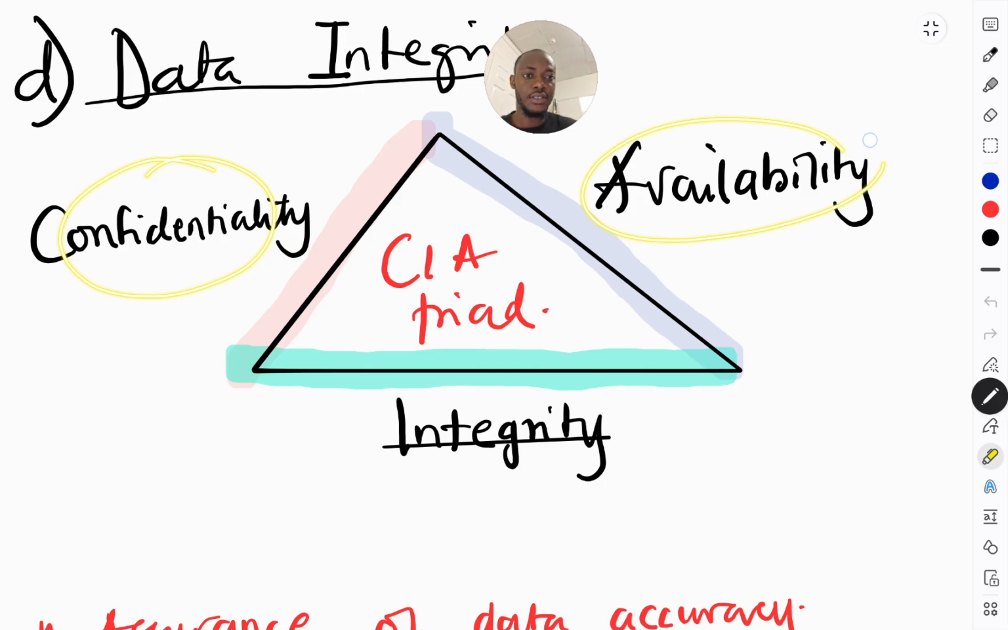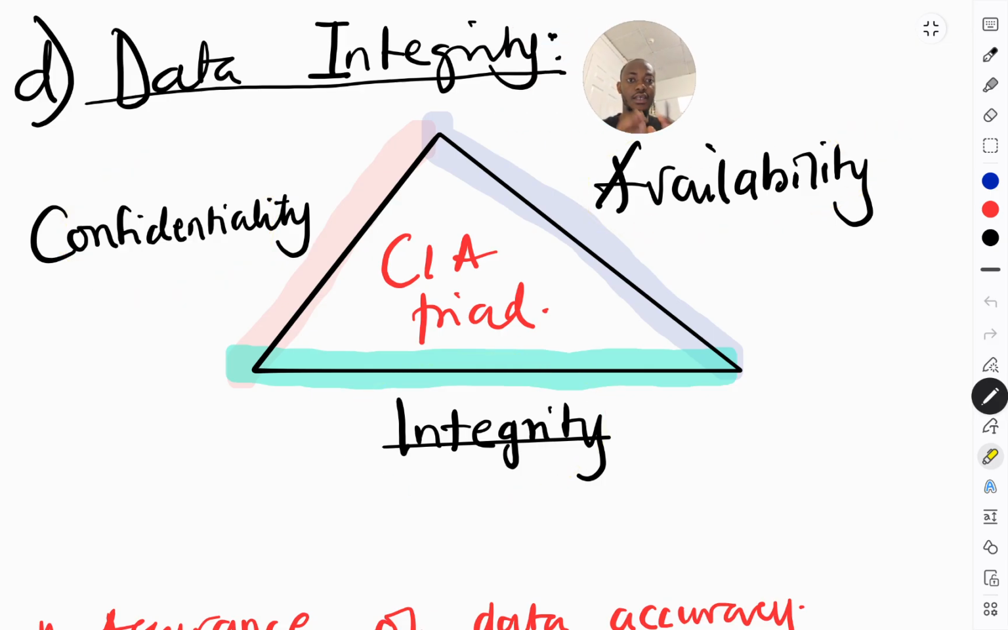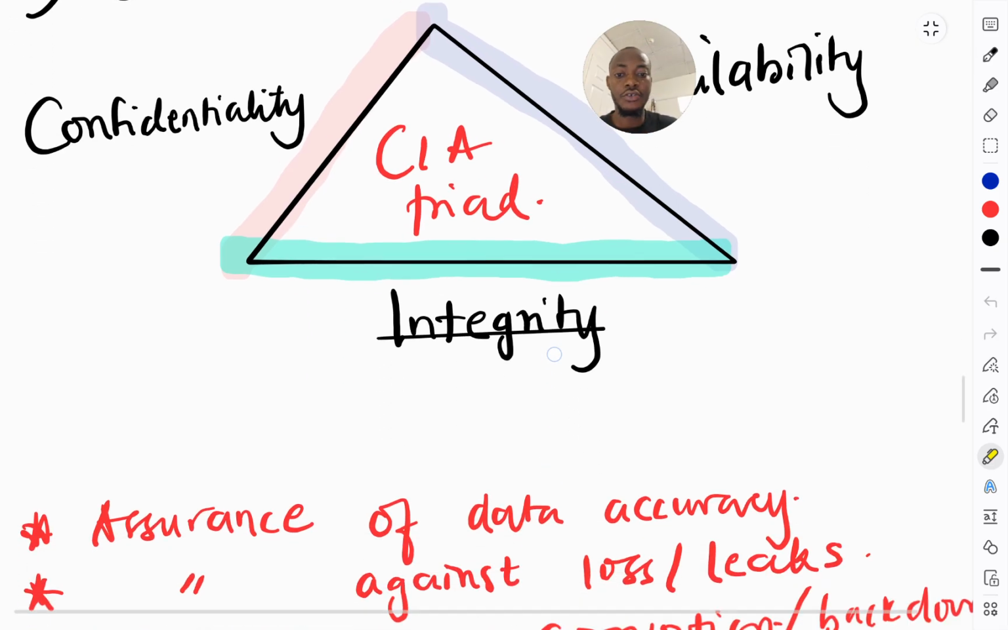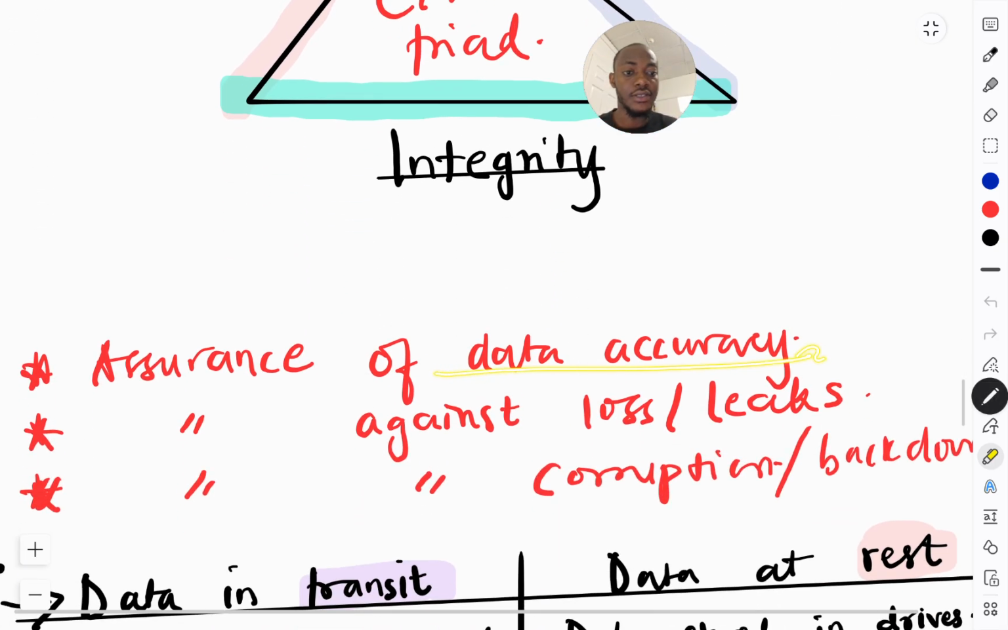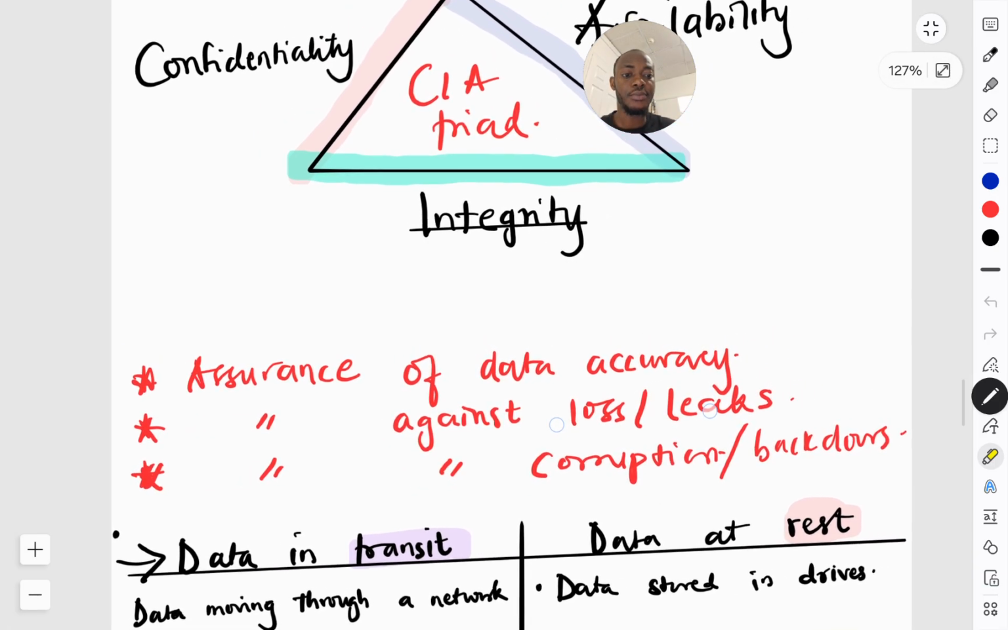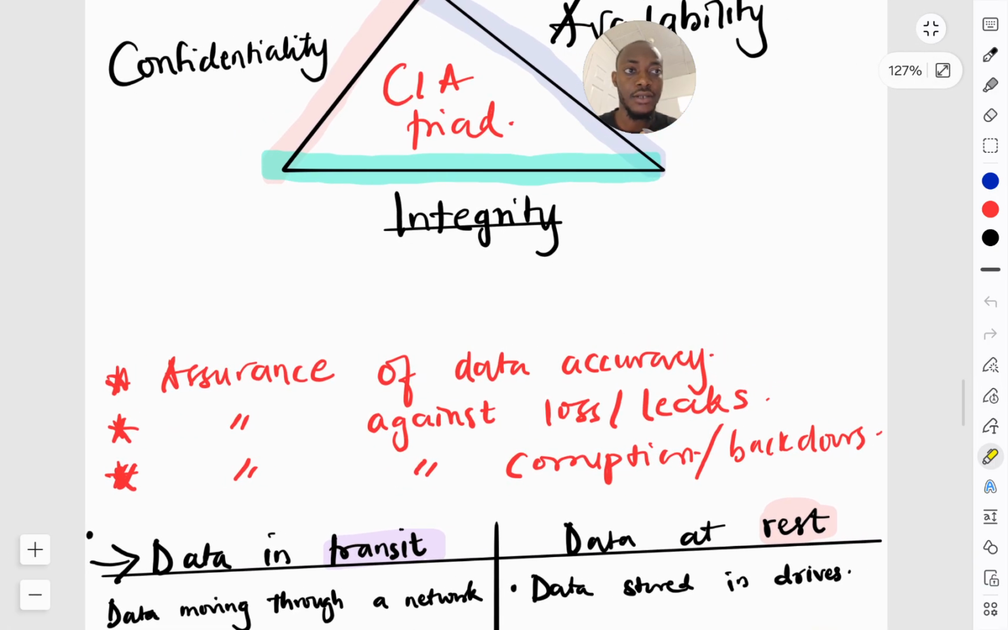Confidentiality, availability, and integrity, right? When we talk about data integrity, we are looking at assurance. We want to assure the users that the data is accurate, that the data has not been leaked or lost, and also that the data has not been corrupted through any form of backdoors. So this is the essence of data integrity within the